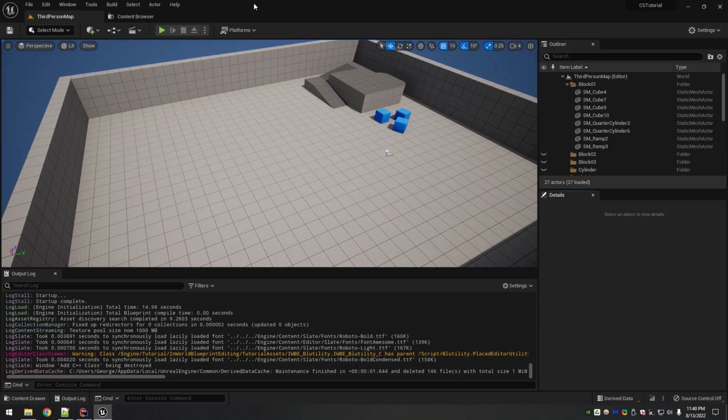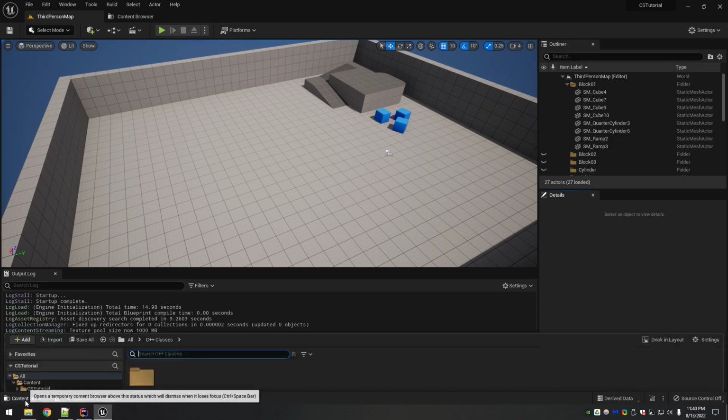We could go ahead and make the inventory first, but I figure it's better to do this, because once you have this in place and you build the inventory, it's very easy to make a pickup or something in the world that you can test it all out with. So we'll go ahead and do this part.